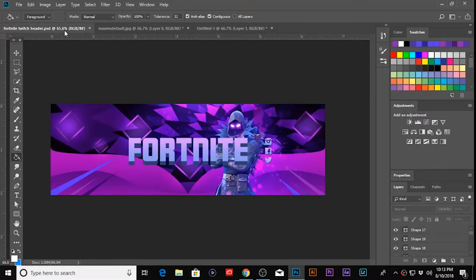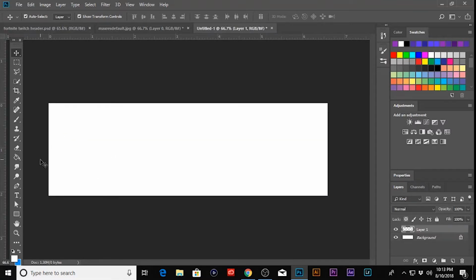Today I'm going to be showing you how to create this awesome Fortnite style design in Photoshop. We're also going to be going into Illustrator just very briefly, but this tutorial is mostly going to be in Photoshop. Alright, so to get started, what we're going to do is get our paint bucket